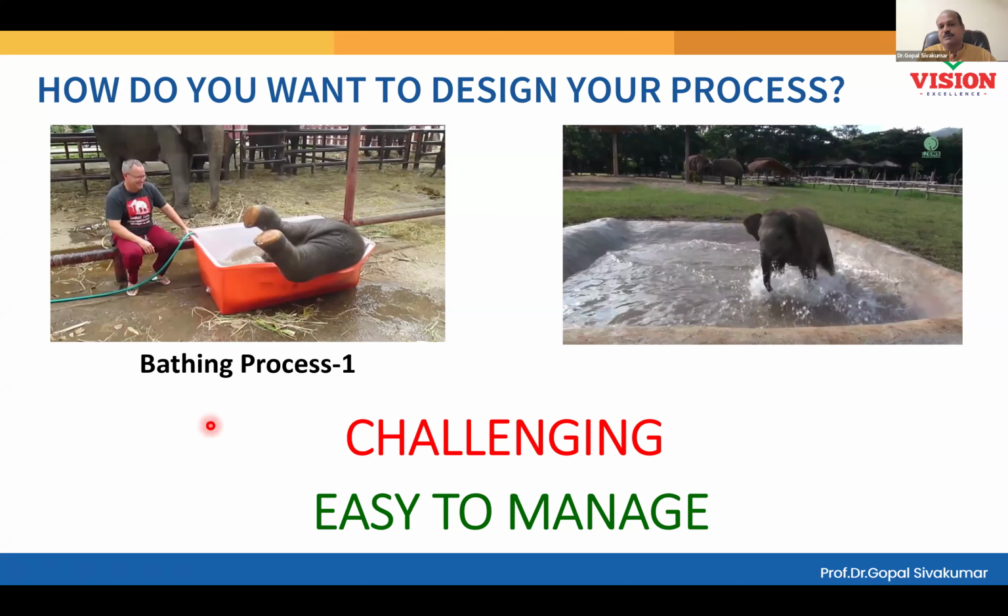Customer's tolerance, you can't control. The customer will tell, this is the target, this is the upper limit, this is the lower limit. You can't change the customer limits. But you are the process owner. You improve your process. So what will happen? The process spread can be made smaller. If the process spread is made smaller, the scenario will be like a small elephant taking a bath in a bigger tub. So you can also make the scenario easily manageable, right?